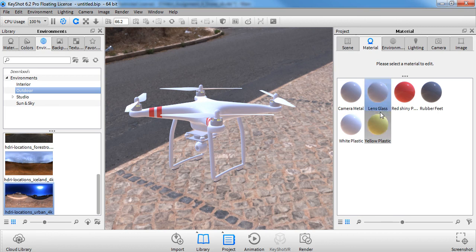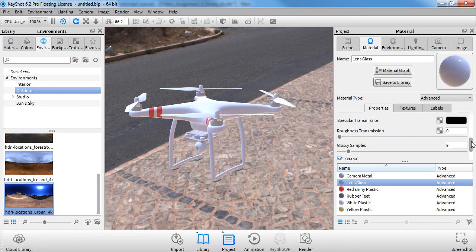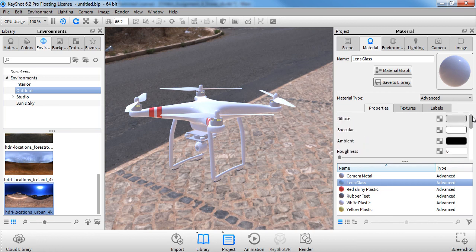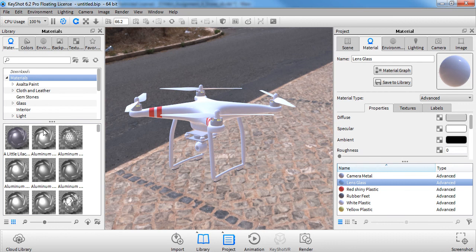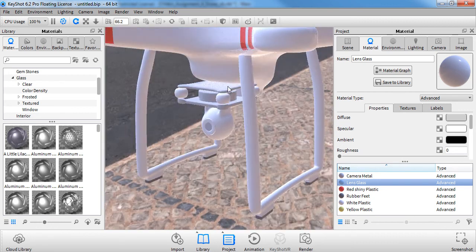And I want to select this lens glass, double click into it. Now I could start going to replicate the settings in here, but there is a wonderful material preset in the library. Much like how we use the content browser, we can search up gold, for example, in the content browser in Cinema 4D, and then we have a variety of different gold materials to search up. We can do that same thing here. And so I'm going to find something for my glass down here for the little camera lens,